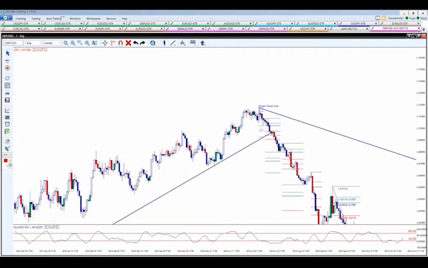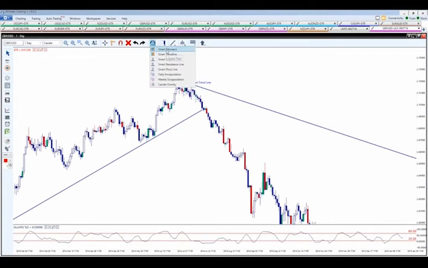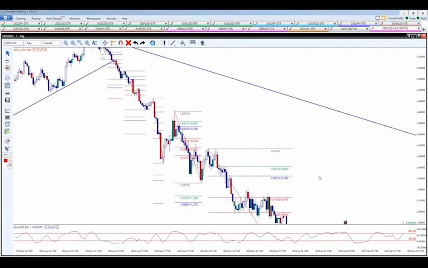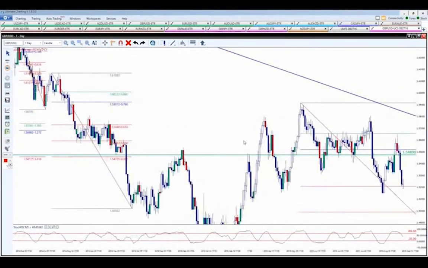Now I apologize for kind of glossing over a lot of this here, just kind of giving you an overview to bring this quickly to the live market, where we are. And when the market starts going down, we come up here to the beginning of that new trend, and we draw smart Fibonacci's as the market's going down, just like that. So we have these A, B, C, D swings as the market's coming down to where we are in the current live market.